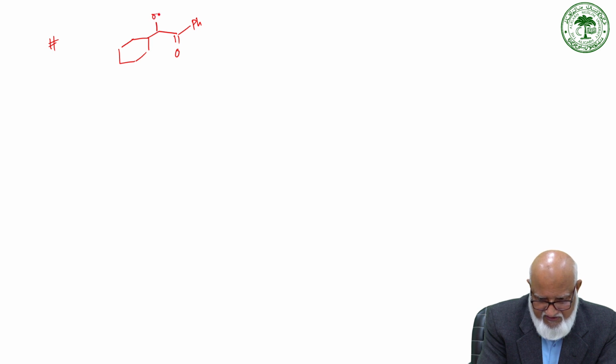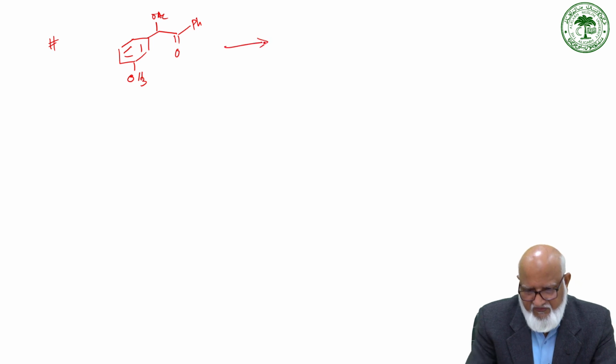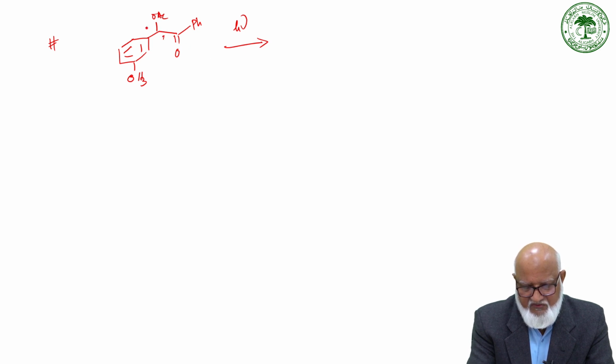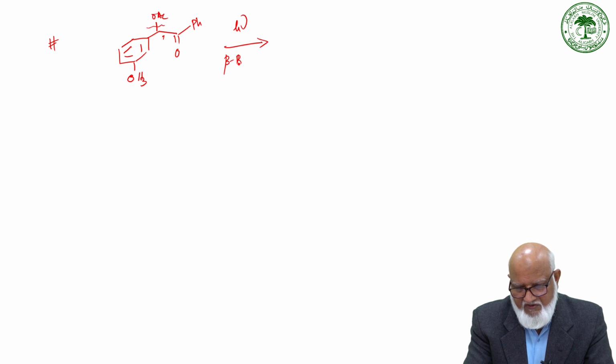This is OAc. This is a phenyl group, and this is OCH3. So if we have a system like this, and this is under photolytic condition, this is the alpha bond, this is the beta bond, so it undergoes beta cleavage